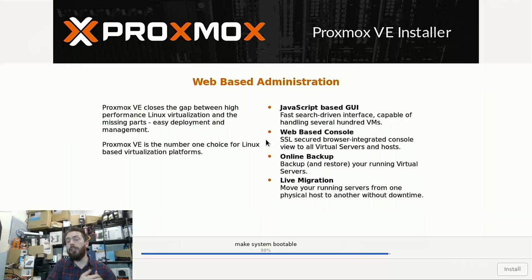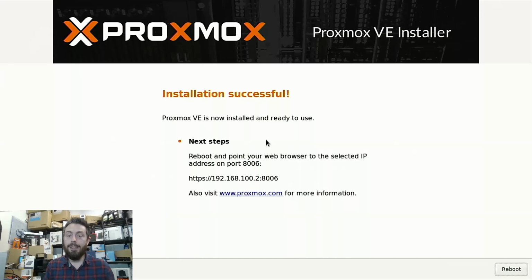And our Proxmox installation is drawing to a close. It's just doing the final touches to make sure that the NVMe becomes a bootable OS drive within the architecture of the system. So once that finishes up, any second now, it will allow us to make our way back to the initial screen of the Proxmox installer, whereupon, as you can see, it's now telling us that all we need to do is head over to that 100.2 IP in our web browser. So we don't need the KVM setup if we choose to continue that Proxmox installation.